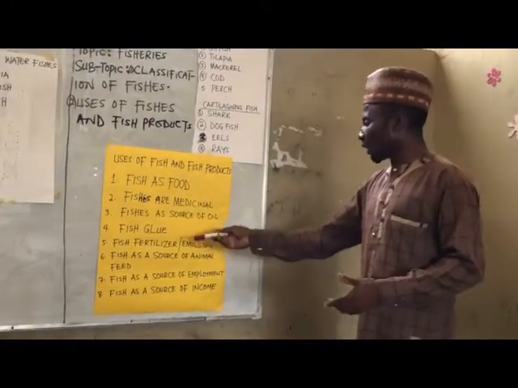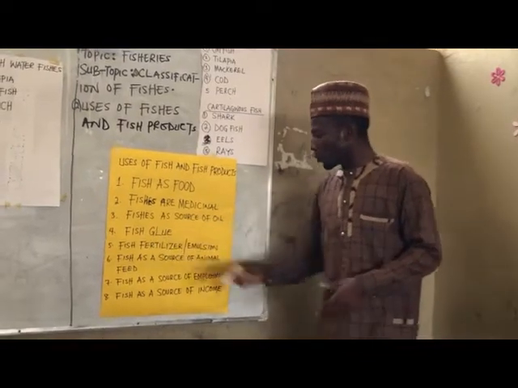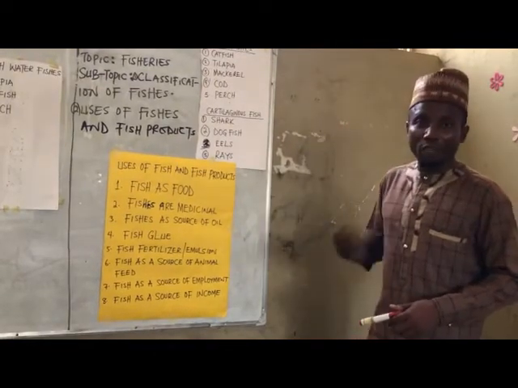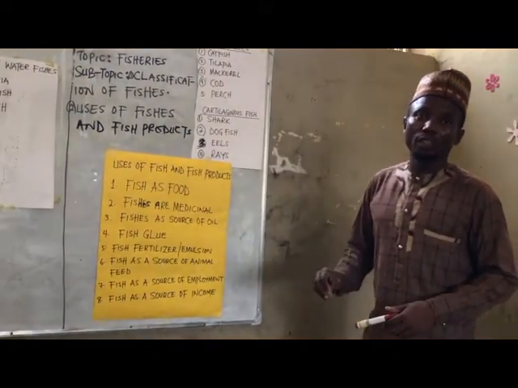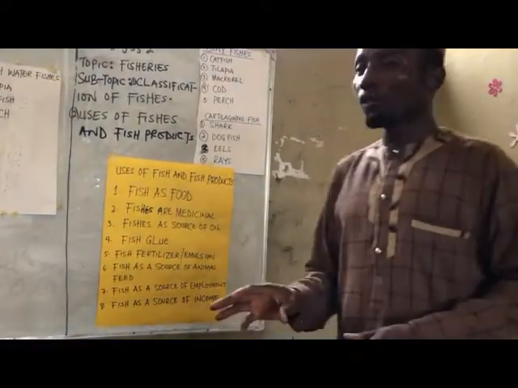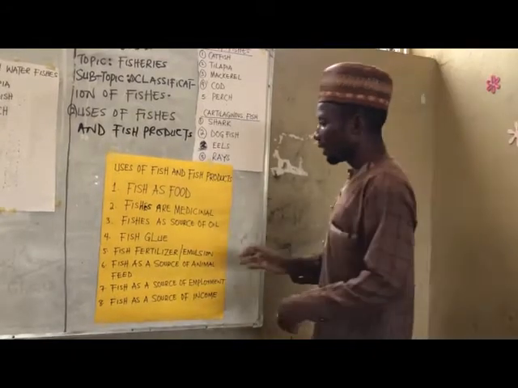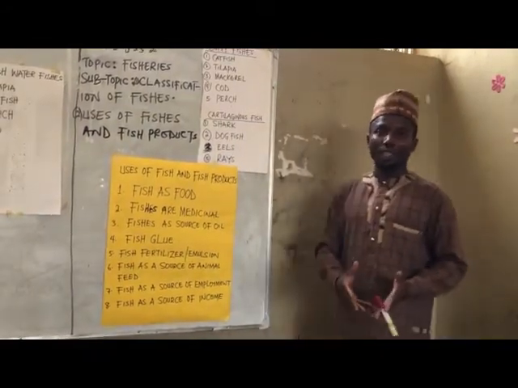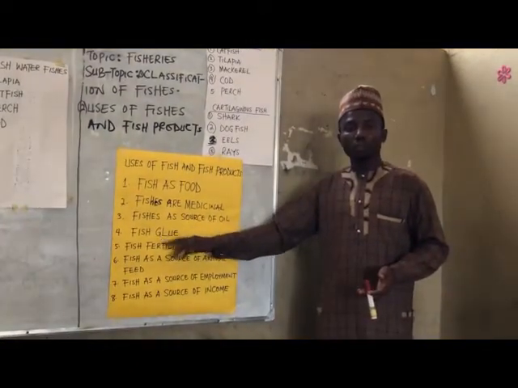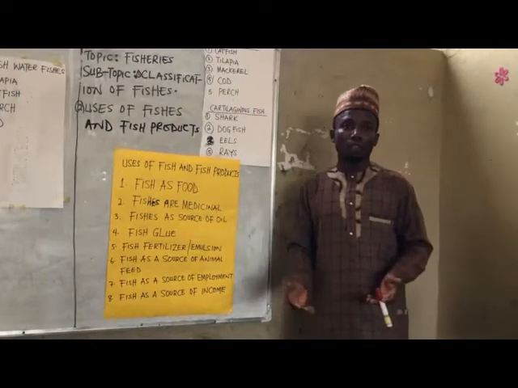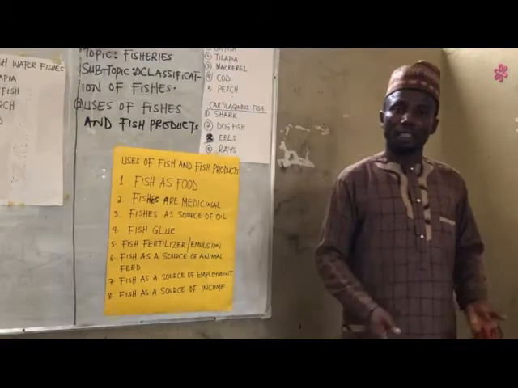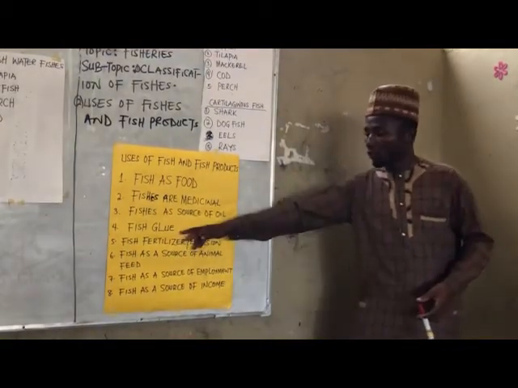So, how do we do that if we want to manufacture glue? What we are saying in essence is this, that you can remove the skin of fish, then you boil it to a very high temperature. If you boil it like that, the liquid that you are going to get is the glue we are talking about. And when you preserve it, it can solidify, and whenever you want to use it, you put it in water or you hydrolyze it or dissolve it and use it as glue.